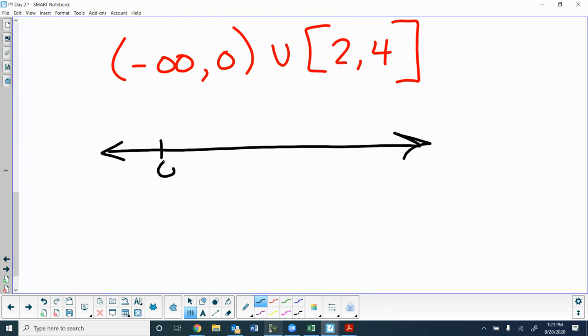I'll put 0 down here. All right, so what's that going to look like, this left interval, when I graph it? Michael? Left interval, yeah, that one there. It's going to be an open circle at 0